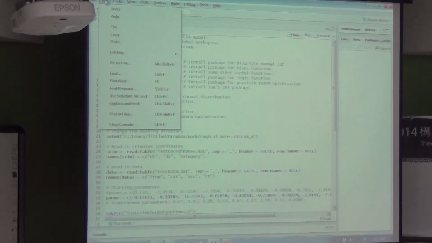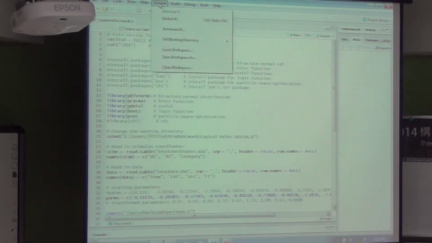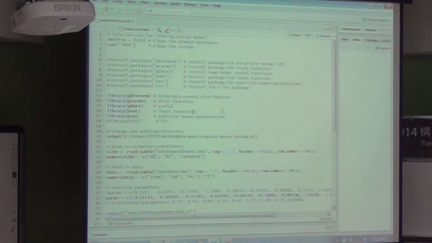Now, is there an easy way to increase the font in RStudio? Can everybody read that okay? Or do you want me to make it a little bigger? I don't know how to make it bigger.